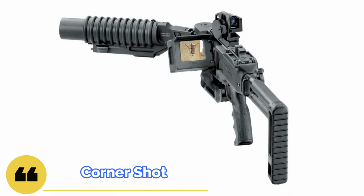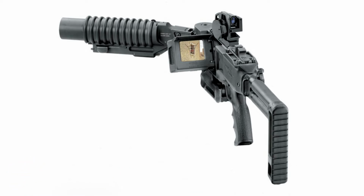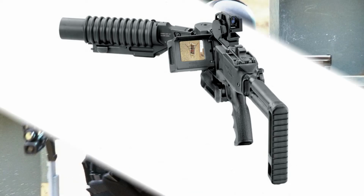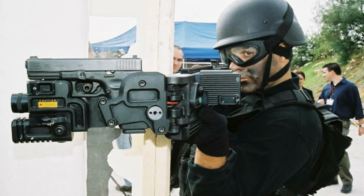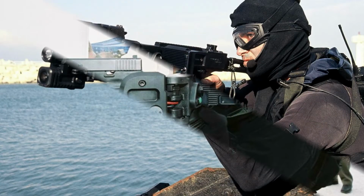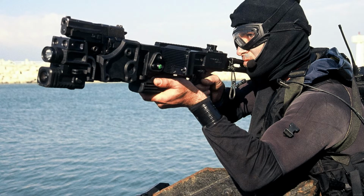Surely one of the strongest desires of any soldier is to be able to fight without getting shot himself. And in 2003 the American-Israeli company Coral Gables was able to make these dreams come true, having created the world's first weapon that has the ability to fire from behind cover while allowing the soldier not to expose himself to